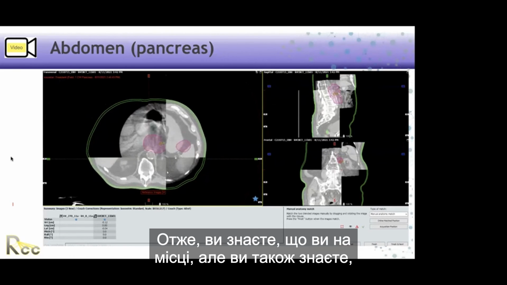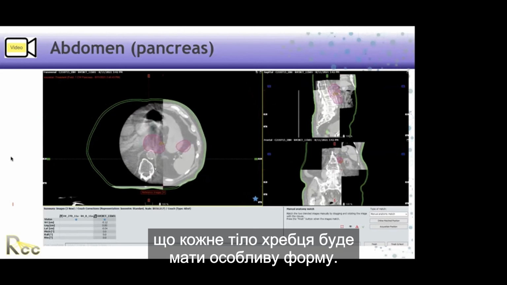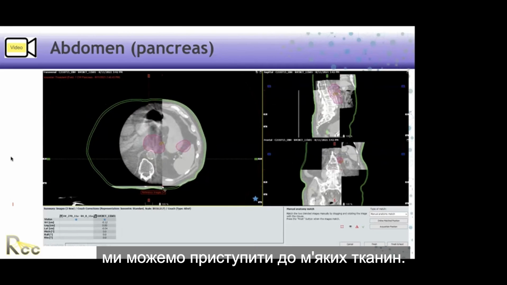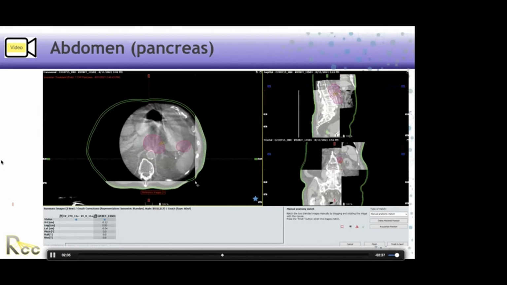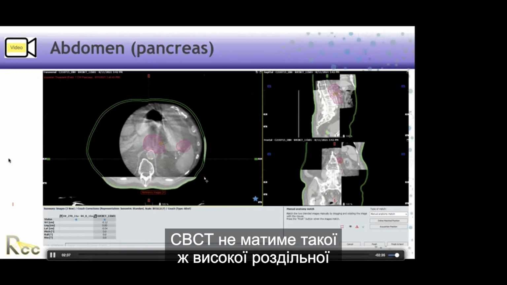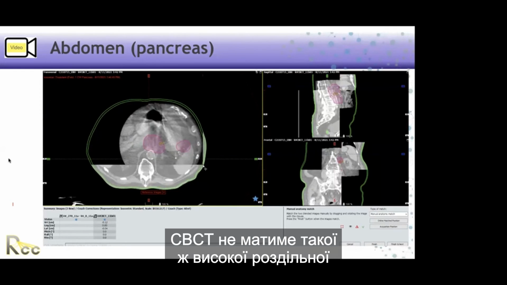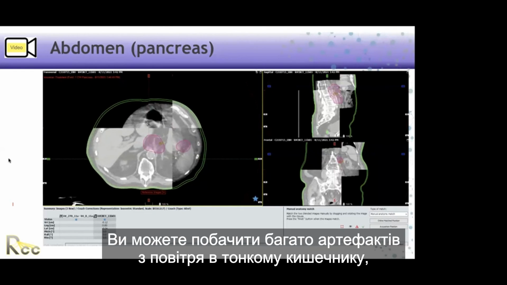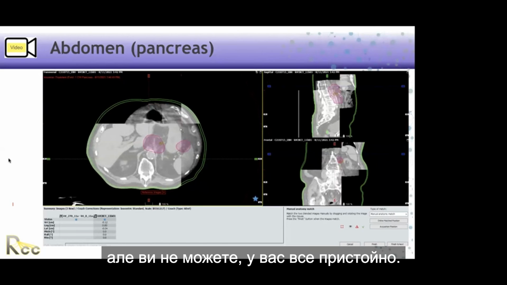So you know that you're on, but you also know each vertebral body will have a distinctive shape. Now that we know that we're at the right level, we can look at soft tissue. Cone beam is not going to have as good soft tissue resolution. You can see a lot of artifact there from the air in the small bowel. But you have decent, so you can see part of